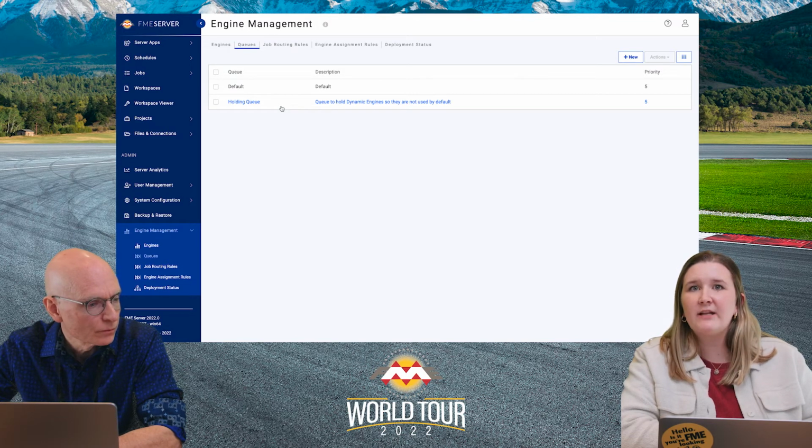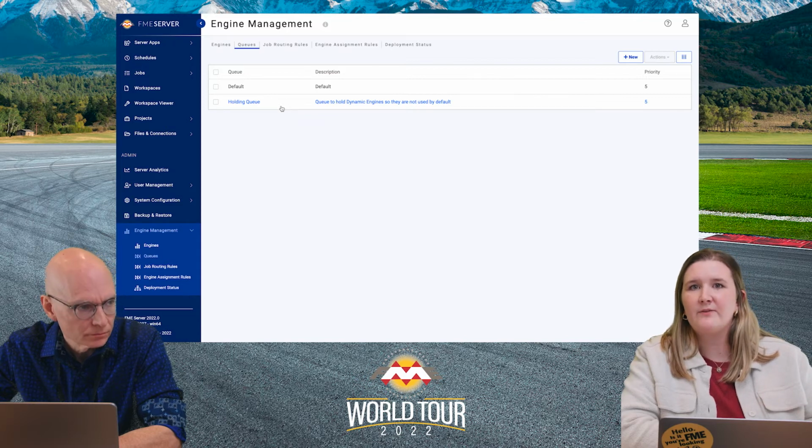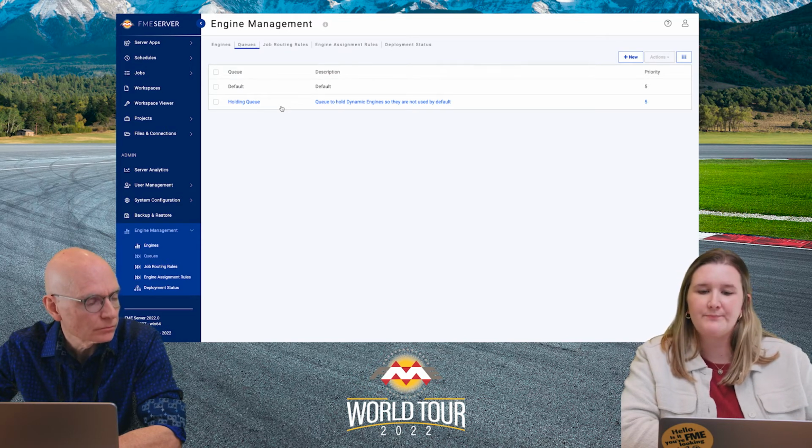Dynamic engines, you'll learn a bit more about these later on, have a different pricing model based on CPU usage. I want to make sure that my dynamic engines are not part of my default queue, and I'm not making use of them unnecessarily. So I simply have this holding queue where they're being stored until they're required.